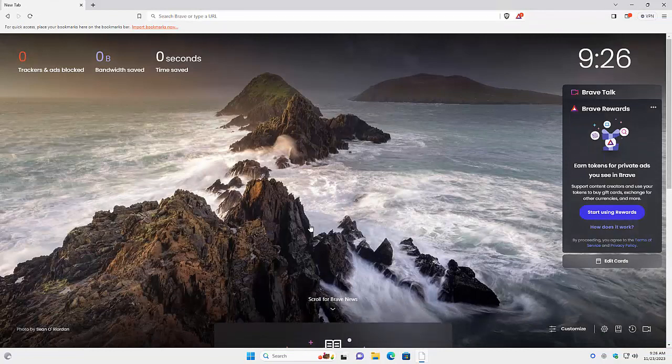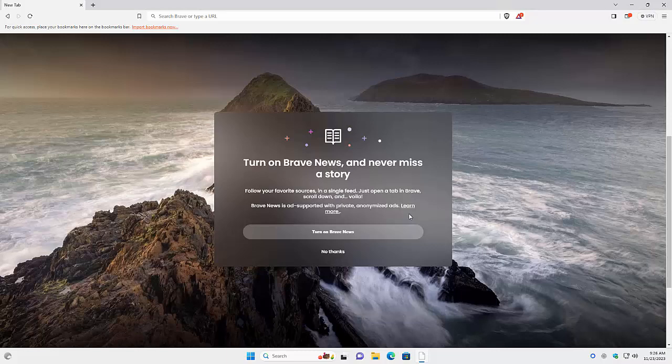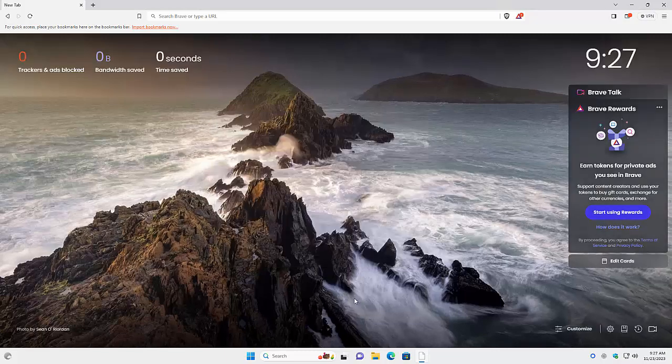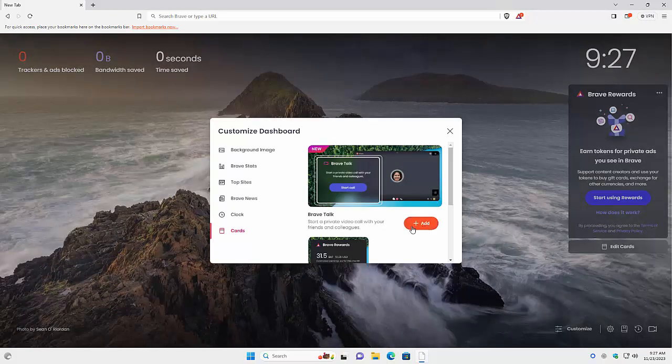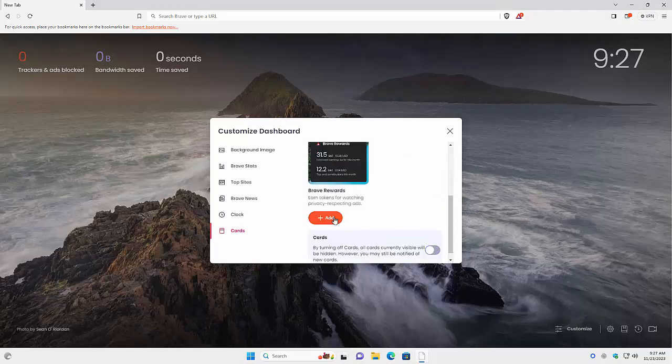Once that's done, here we can see the initial page of Brave, and we're going to go ahead and streamline this for productivity purposes. So all of this is just clutter. To get rid of the Brave News, just hit no thanks at the bottom, removes that. To remove the cards, you can hit edit, and you can just hide these cards. And while we're in this customization button, which is accessible down here at the bottom right, let's go ahead and